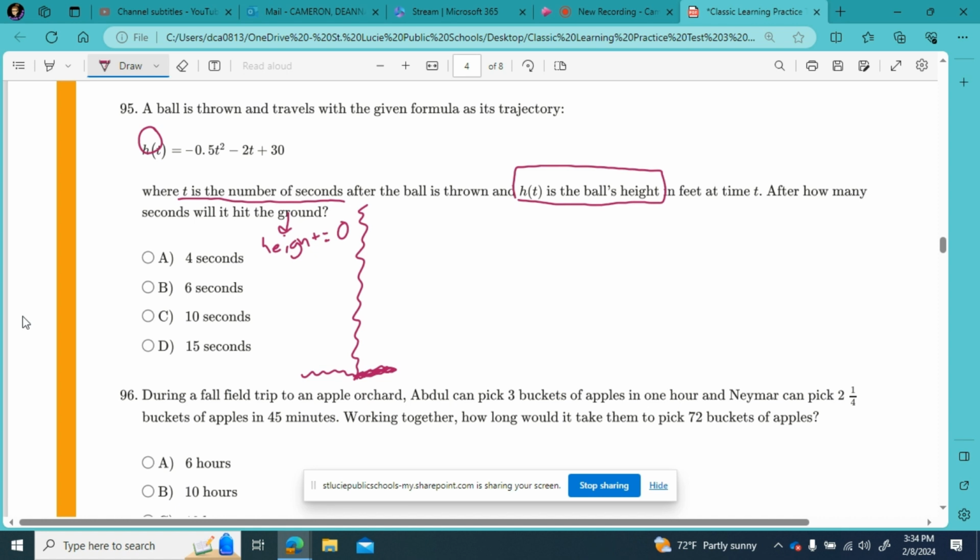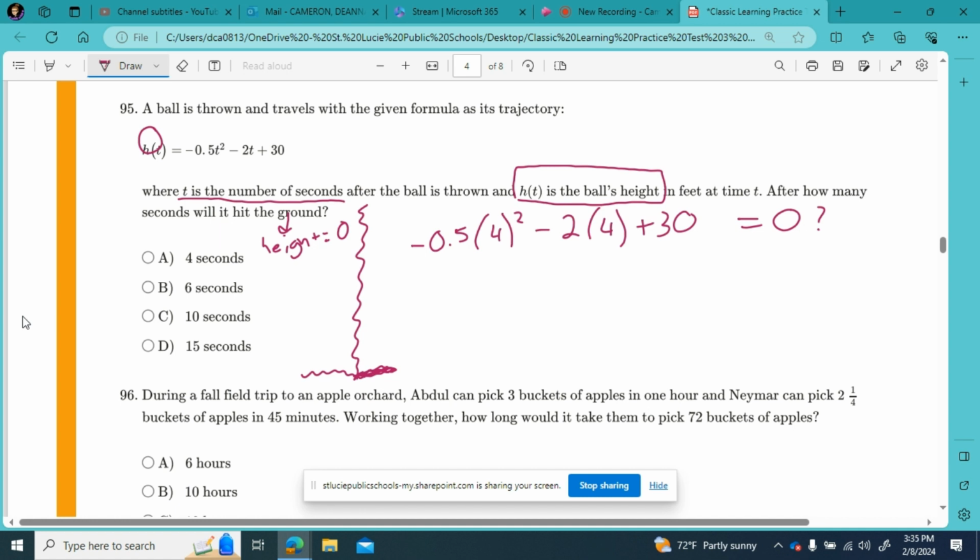So 4 seconds, right? That's t. Seconds is t. That's time. So if I plug in 4 for the t, do I get 0? Let's check. Negative 0.5 times 4 squared minus 2 times 4 plus 30. Does that equal 0? I know 4 squared is 16,